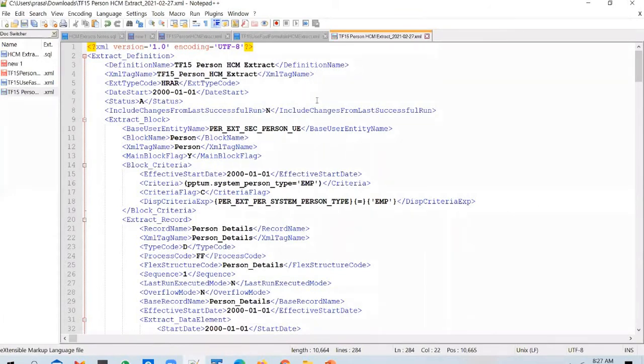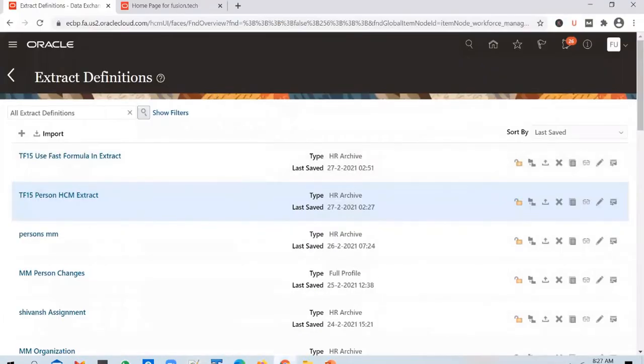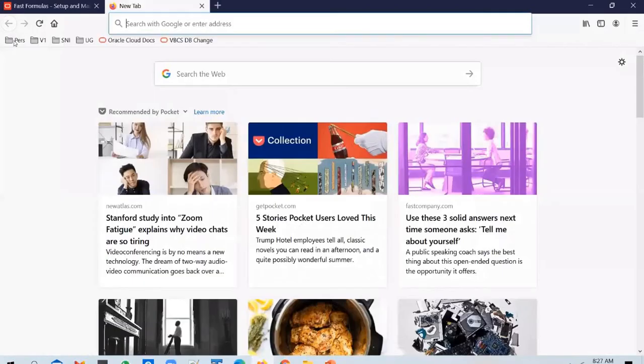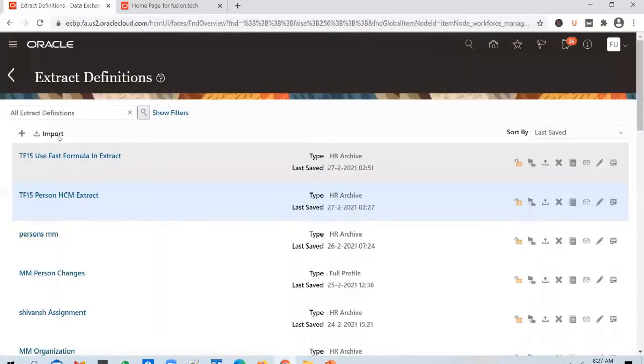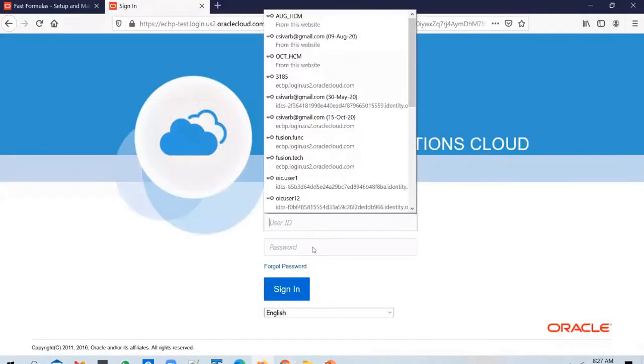So if you want to migrate this extract to another instance, what do you do? Say, for example, I want to load this into the ECBP test instance. Think of ECBP test as my SIT instance. You go in there and use the import option to load the extract into that instance.